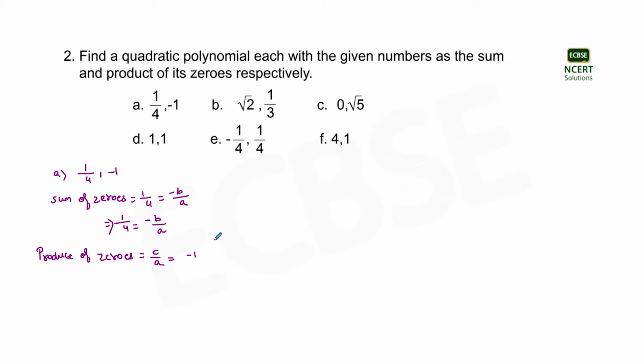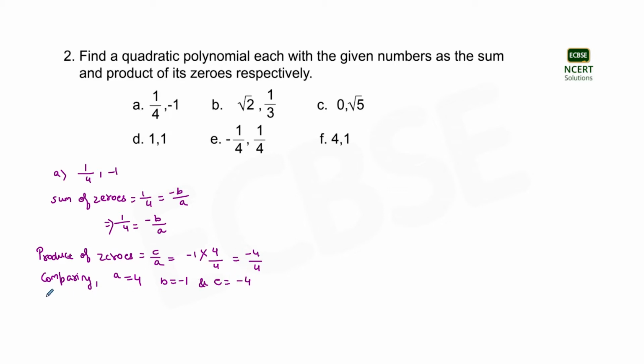So in order to make a a specific value, we will multiply and divide it by 4. The number obtained will be -4 divided by 4. So it's clearly seen that a now becomes a specific one, which is equal to 4 in both the cases. So comparing, we get a is equal to 4, b is equal to -1, and c is equal to